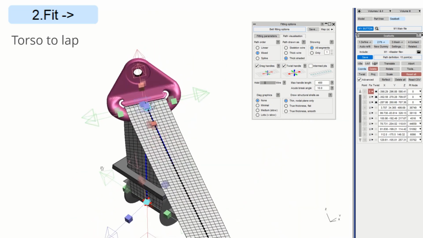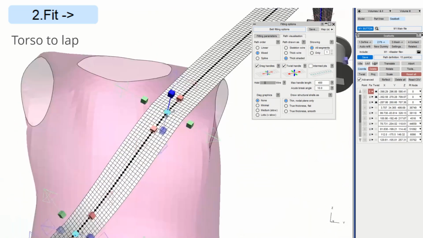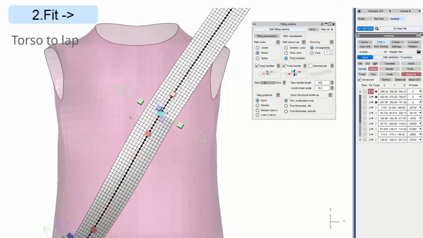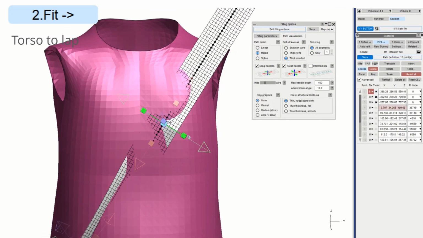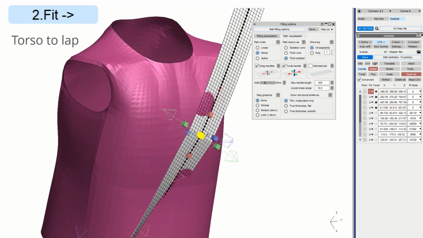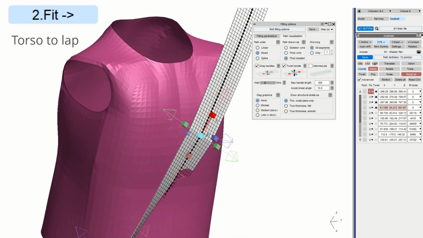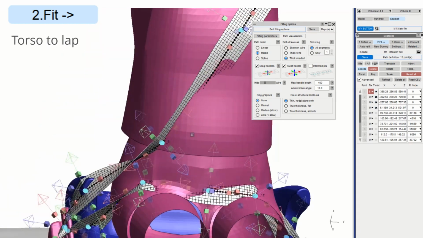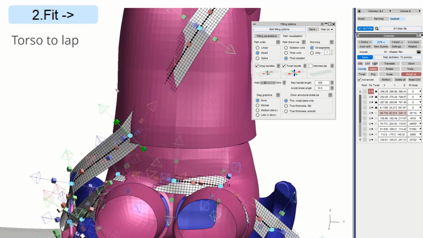Okay, we have now done the retractor to the shoulder, so we're going to go over to the lap. And it looks okay, but if we set transparency of the jacket, we can see 0 projection. Initial projection means we're right in the middle. Try to stay as close to the surface. Don't drag too far off the dummy surface, otherwise it will take a long time to fit the belt and